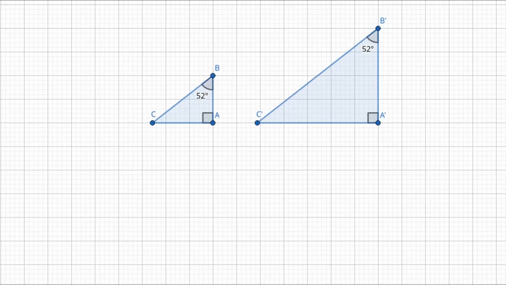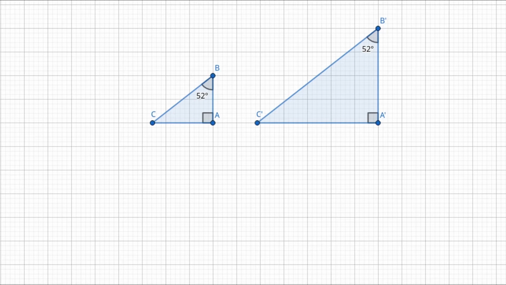Alright, so we're going to start off by defining what trigonometry is. To define that, we're going to take a look at these two right triangles. What we can observe immediately is that both of them are right triangles, and both of them have an angle of 52 degrees. Since these triangles share two angles in common, and therefore the third angle in common, these two are similar triangles. Any right triangle with a 52 degree angle will be similar to both of these triangles, because if they have all three angles the same, they'll be similar. What this means is that the ratio of the sides will be constant for any right triangle with a 52 degree angle, because they will all be similar.